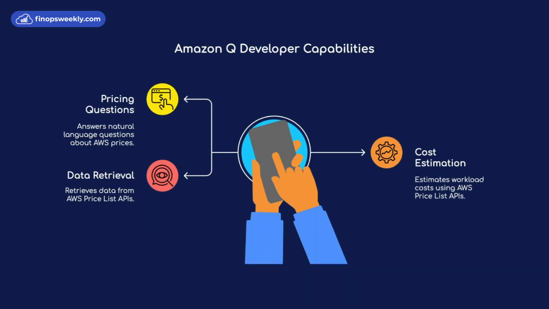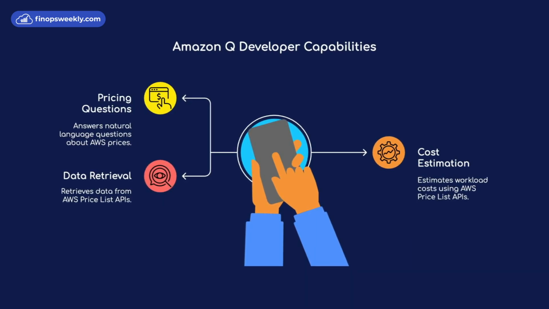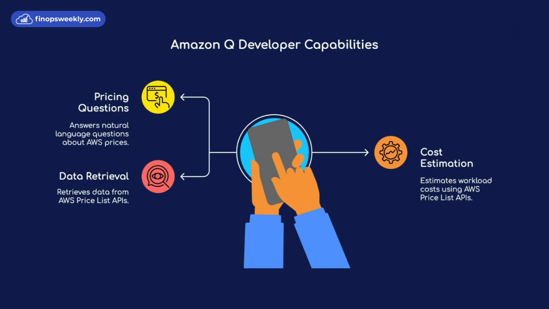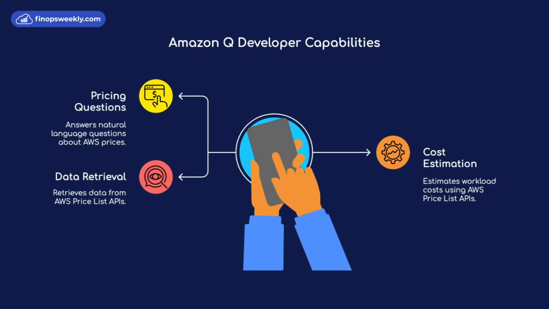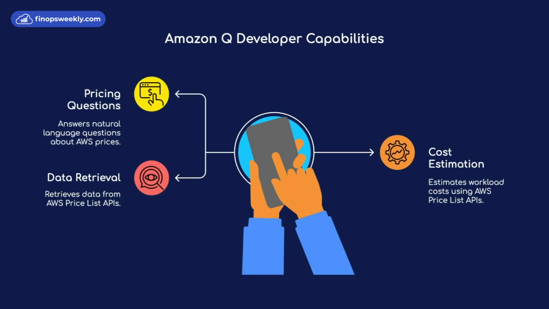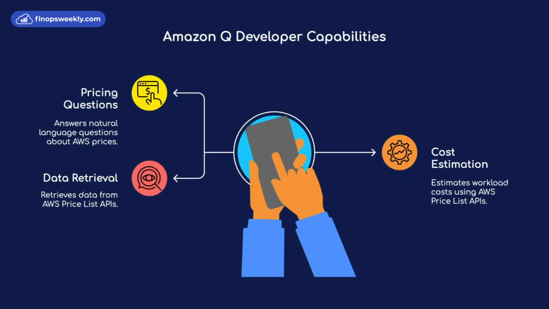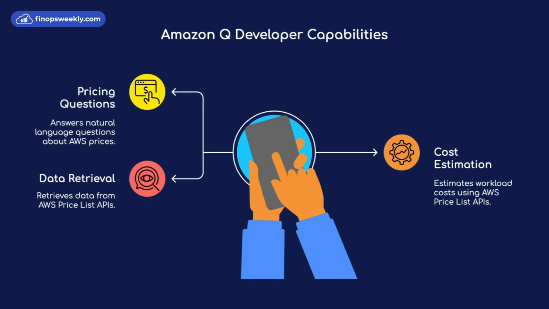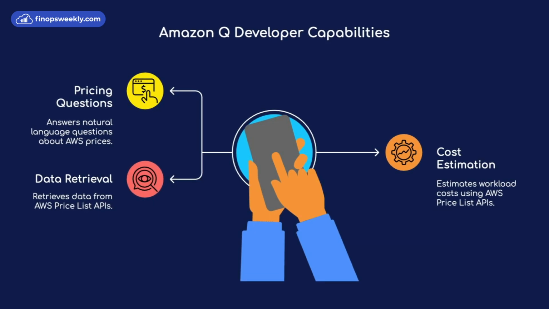As always with these AI tools that leverage APIs, the problem for FinOps is the accuracy. So if Amazon Q Developer is able to retrieve the information accurately and do cost estimations with precision, it's a great tool and it will facilitate the insights that you can get from the AWS information given the context that